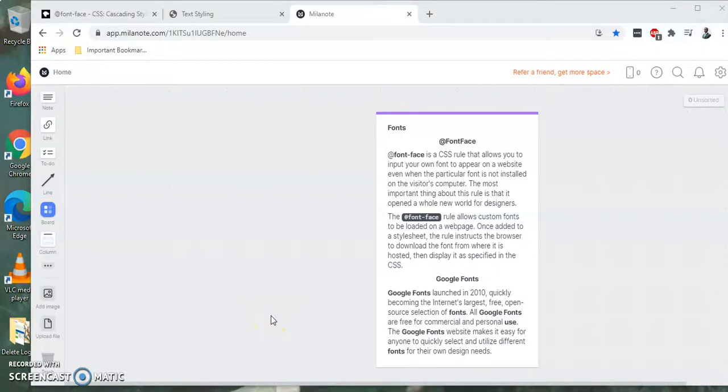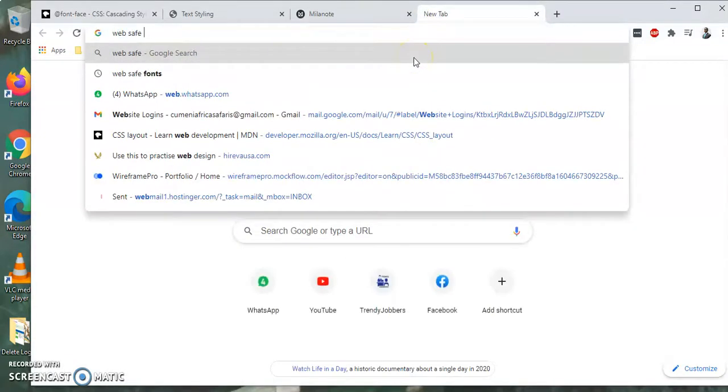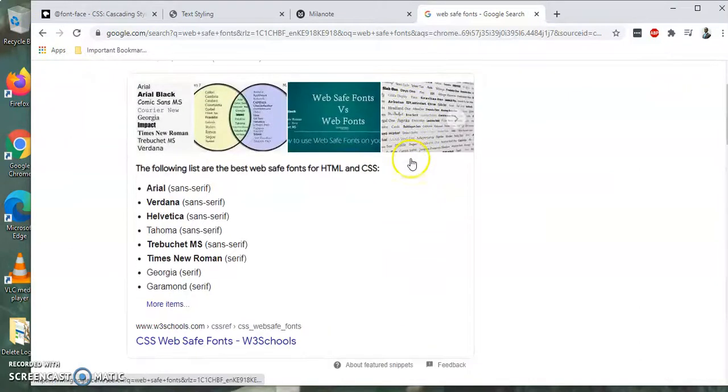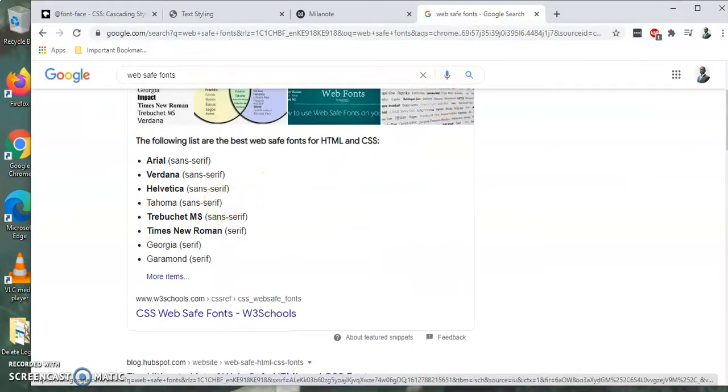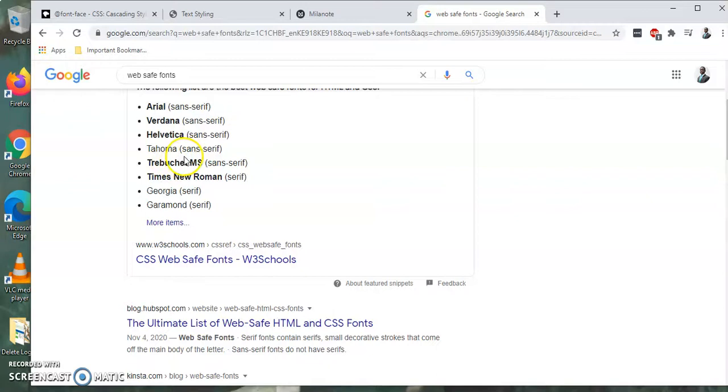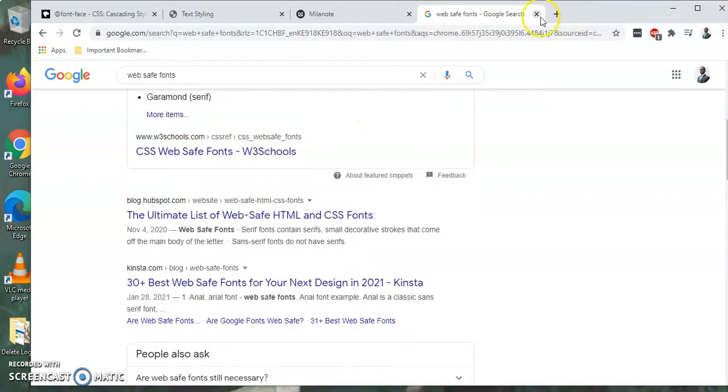Last week I introduced fonts, and this week I'll be continuing on that, and I'll be talking about @font-face and also about Google Fonts. So we discussed more about web safe fonts. We talked about them last week. You can find more resources and read about them. Mostly these are fonts that you can find already installed in most systems, and they are easy to use and